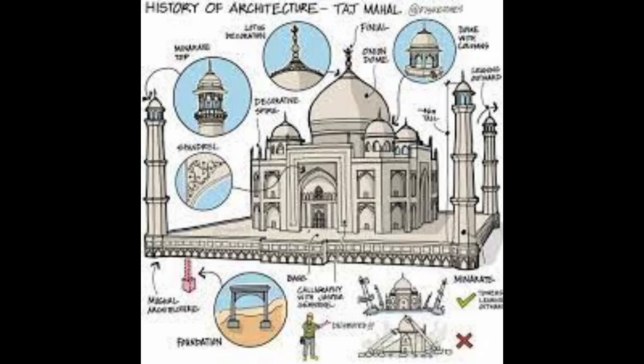The acoustics inside the main dome cause the single note of a flute to reverberate 5 times. The interior of the mausoleum is organized around an octagonal marble chamber ornamented with low-relief carvings and semi-precious stones, pietra dura. Therein are the cenotaphs of Mumtaz Mahal and Shah Jahan. Those false tombs are enclosed by a finely wrought filigree marble screen. Beneath the tombs, at garden level, lie the true sarcophagi.